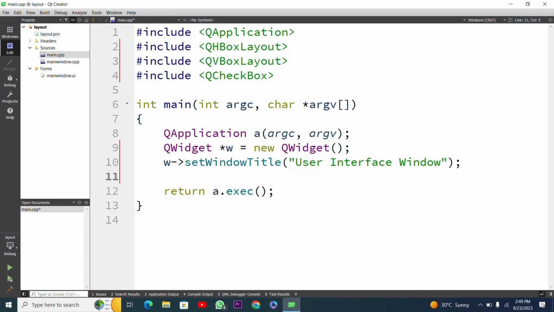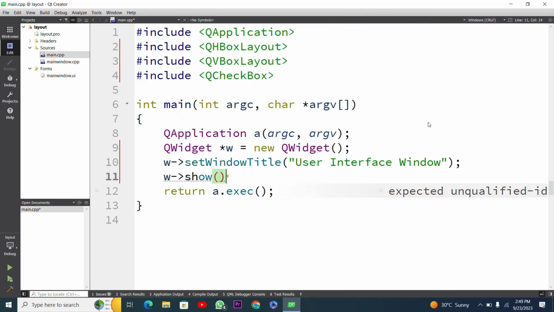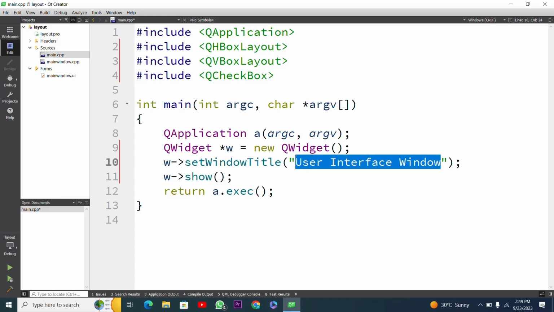And now I have to show this window, so I will use here show function by using this w pointer, and here I called this show function, and now I will test our project, and you will see a user interface window with title user interface window string. So I will press run button, and I will wait until completing this build process, and after a small wait